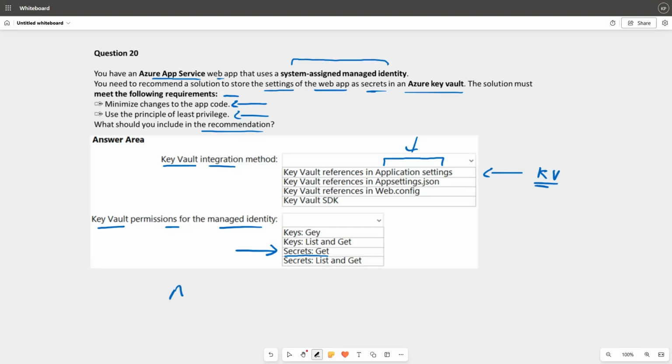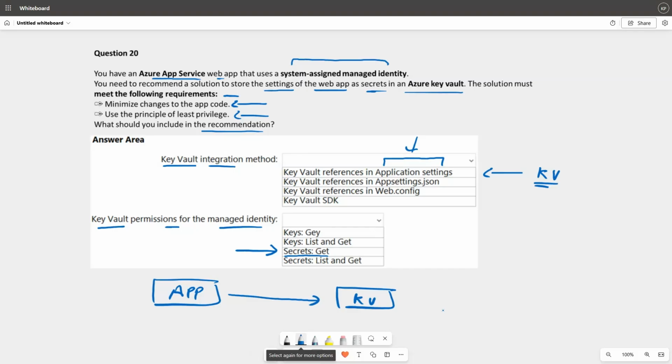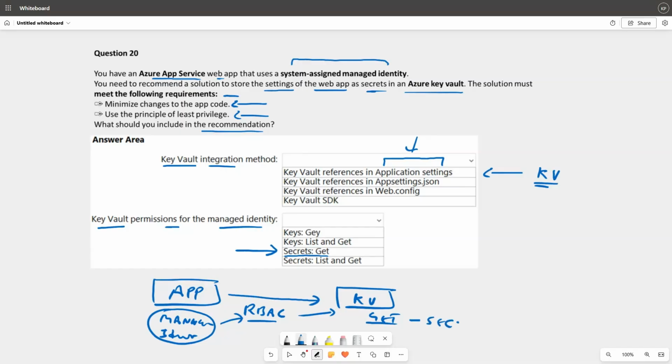So if we have an application and we have a Key Vault, to read from the Key Vault we will need to provide role-based access control on Azure Key Vault to the managed identity of the web application. So that managed identity will have a role assigned which will have get permission to the secrets in the Key Vault,